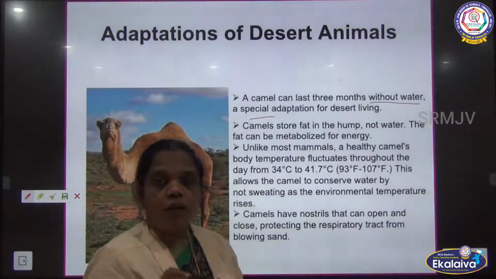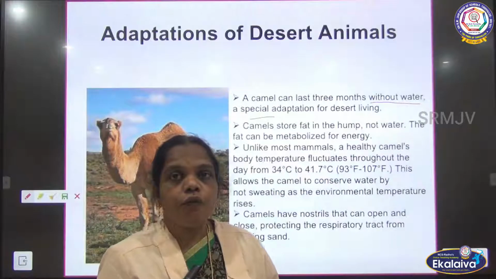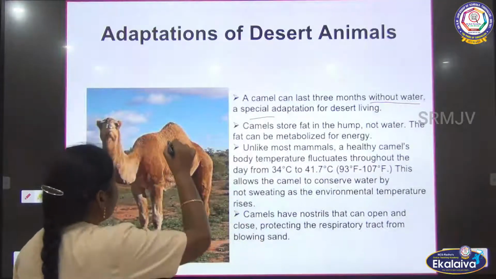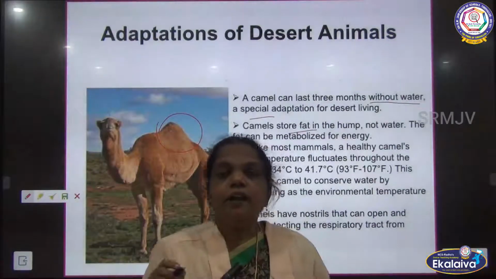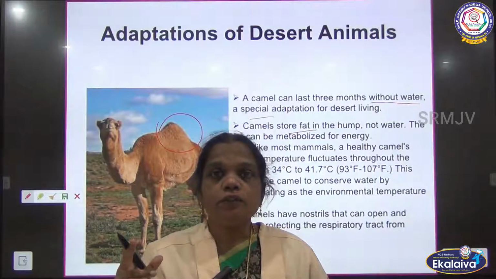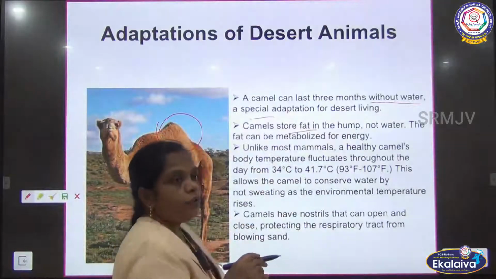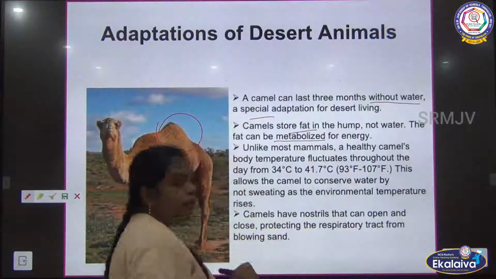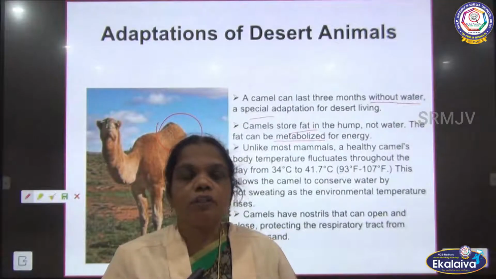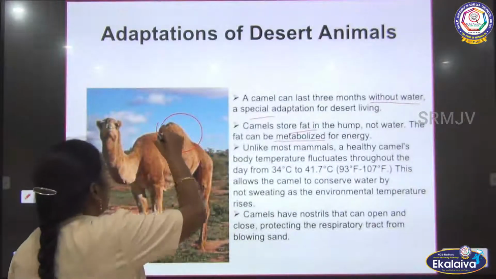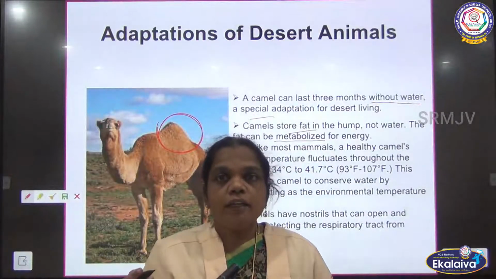So, the camel does not have seasonal activity like migration, but it can adapt to the worst climate without taking food and water for 3 months. And the hump in the camel can store fat. What do you people think, children? You think the hump has stored water, and that water is being used. Not water, it stores fat. What does it store in the hump? Fat, and this fat is metabolized for energy, because fat is the main source of energy for the metabolism of our body. So the camel can store the fat in the hump. That fat can be utilized if it does not take water and